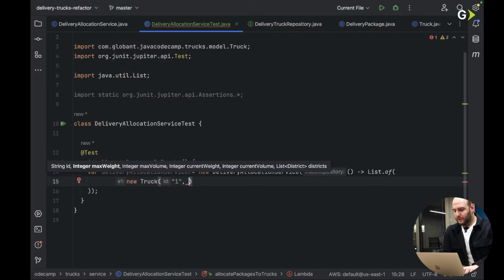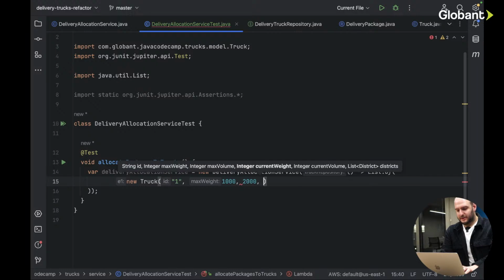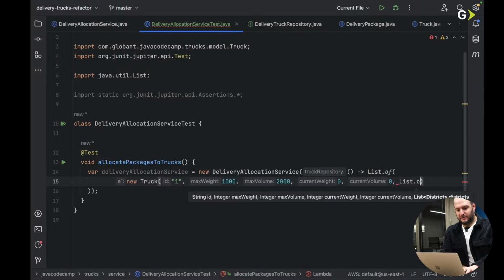Then we will put the max weight, let's say 1000, then max volume, let's say 2000, and then current weight 0 because it's empty, and list of district, we will say list of district,